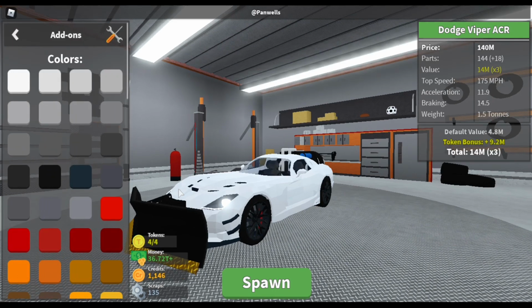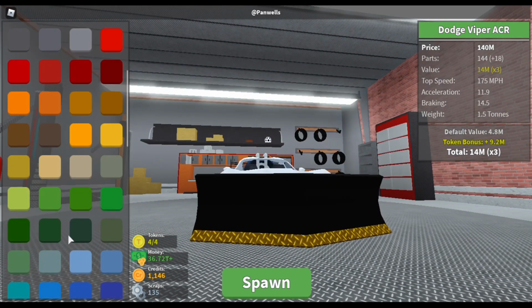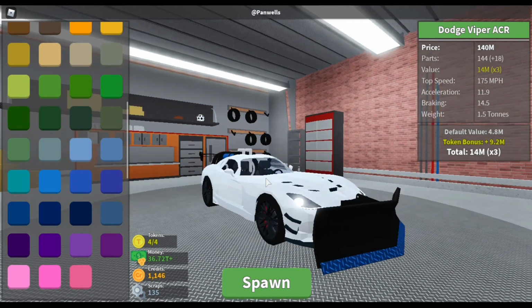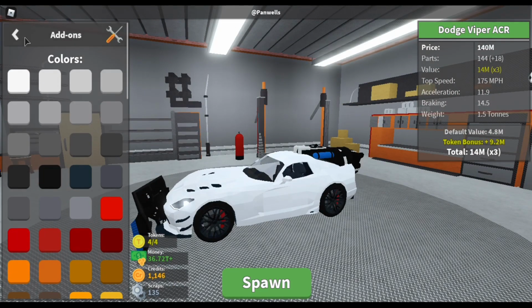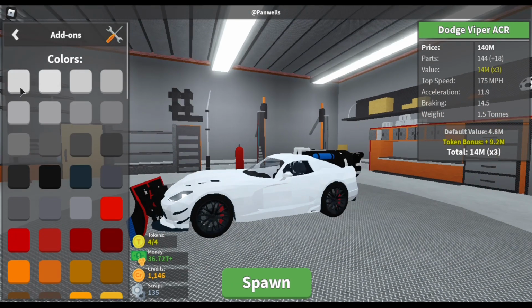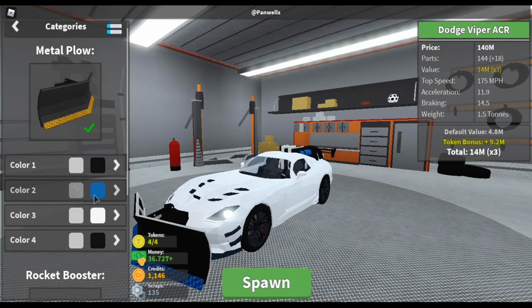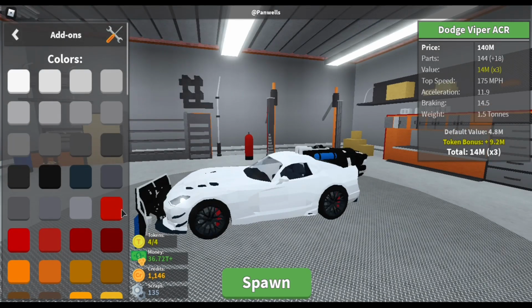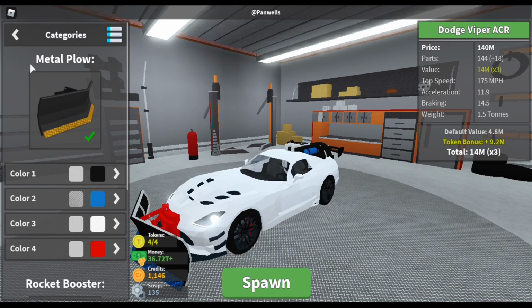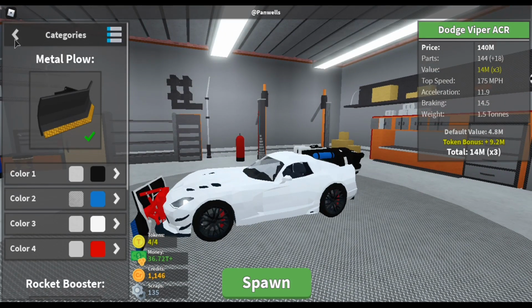But if you want to install it on another car, you have to buy it separately for that other car. Not sure why they did this, but they have. Kind of makes sense, but again, not sure exactly why. And there is no customization save. So if you want all of your cars to be blue and have the plow and the rocket booster look the same, you can't save the customization, so you have to customize each car separately. That's probably in part because you have to buy everything separately, but either way, I hope they add that in